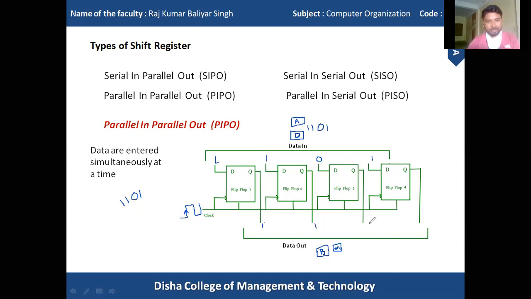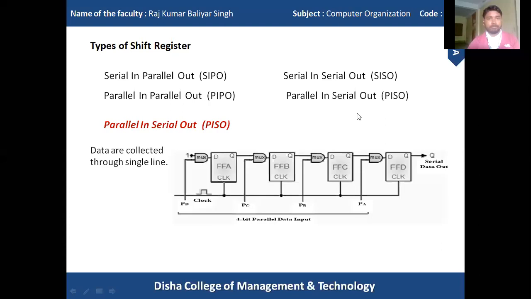It is much faster than the other type of shift register, because the propagation delay in parallel out shift register is quite negligible. Simply the data goes in, and we can collect the data from device A to device B.